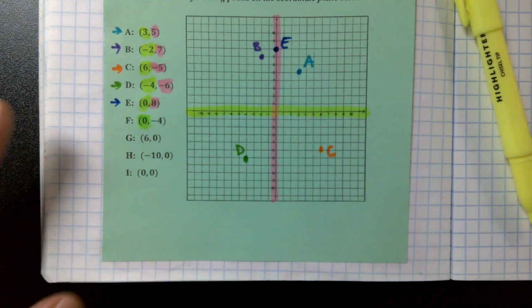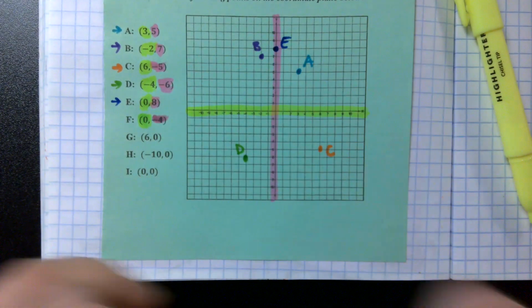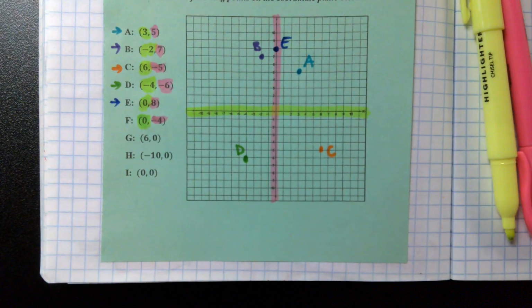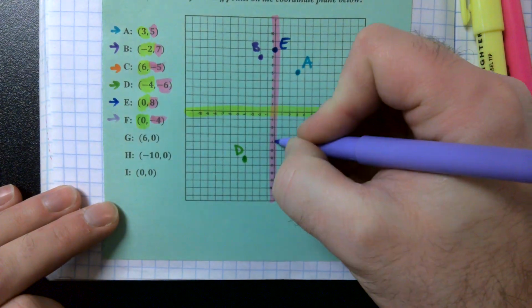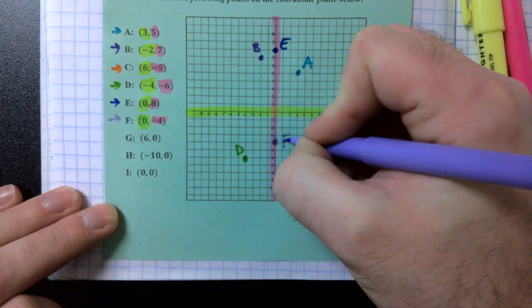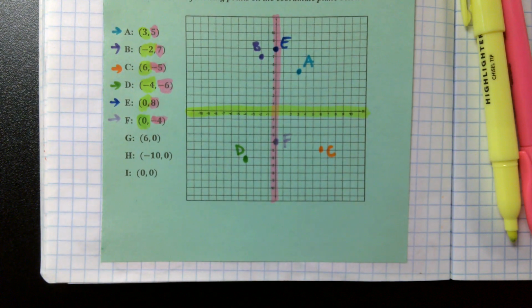What if I have a negative y value? Where's that going to take me in that instance? Down. I'm going to go down. 0, negative 4. 0 spaces left and right. 4 spaces down. For point F,